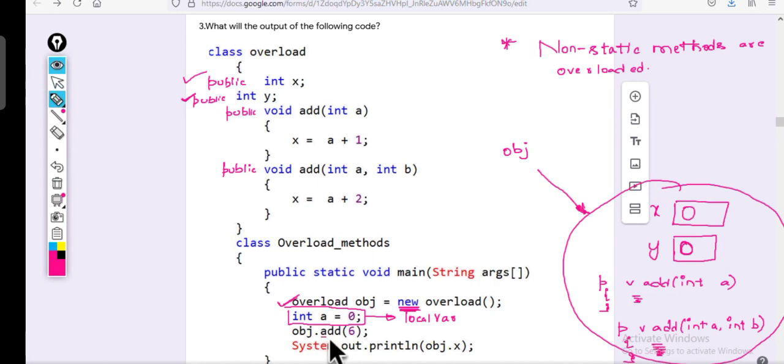Is there an add method with one argument? Yes. 6 will go and sit in the argument a. This is argument a, and this is local variable a. Local variable a is different, argument a is different.